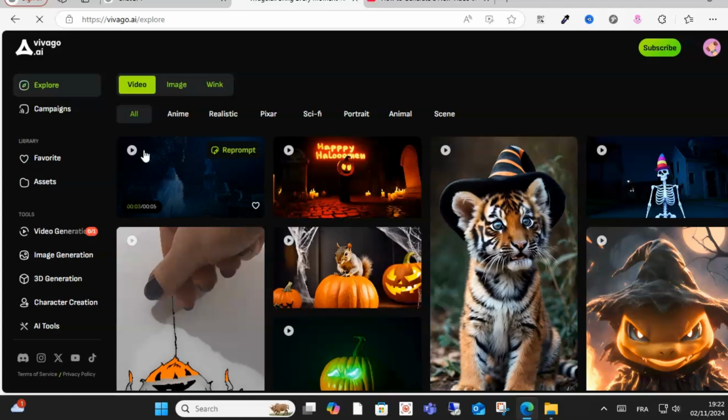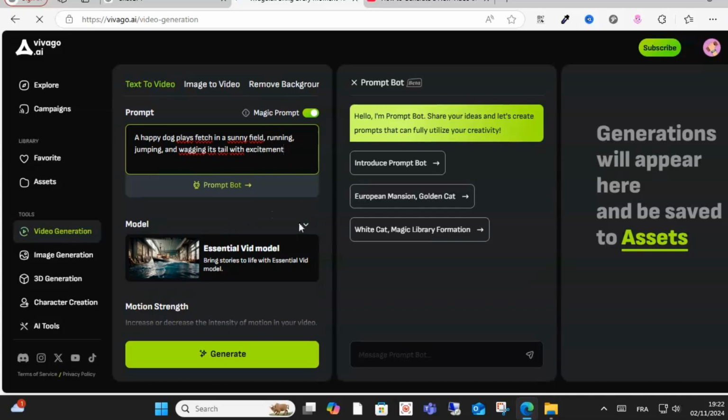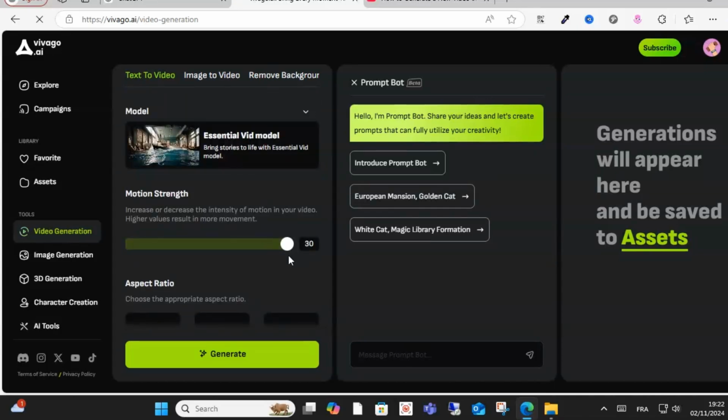First guys, open your account here as you can see on your device. The first step, guys, is to click on the video generate option as you can see here, and click here to enter your prompt, guys, and as you can see here,